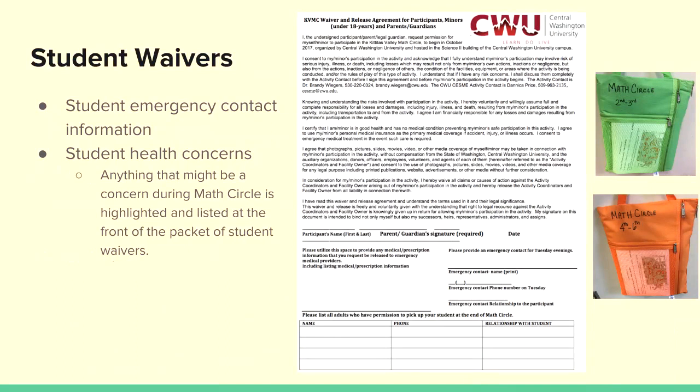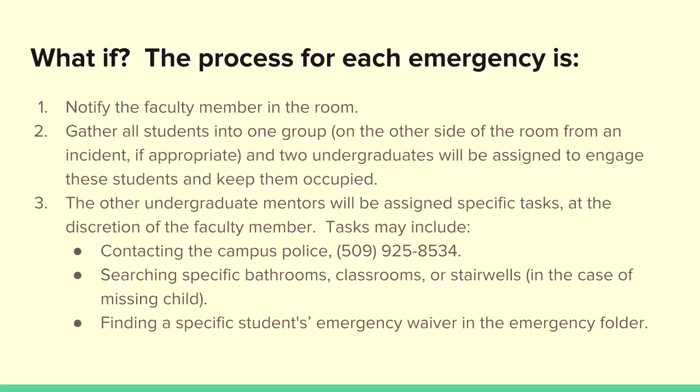So this is going to be things like peanut allergies or seizure problems, anything like that. We try to inform all of the adults in the program, but should anything happen, that's going to be the first place you're going to go to just double check about the students. So we now know we have some emergency math supplies. We know that we have some emergency student supplies in regards to waivers as well as a first aid kit.